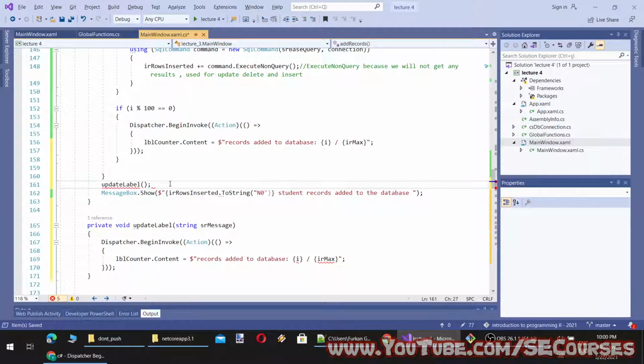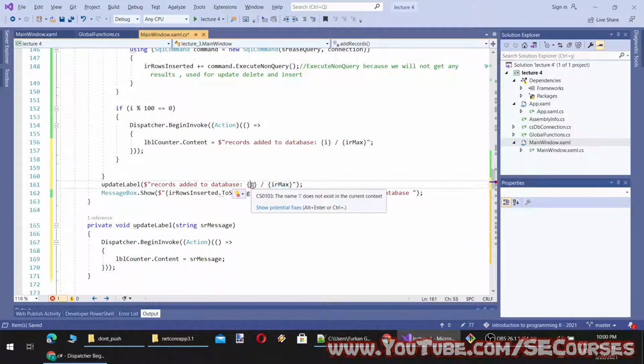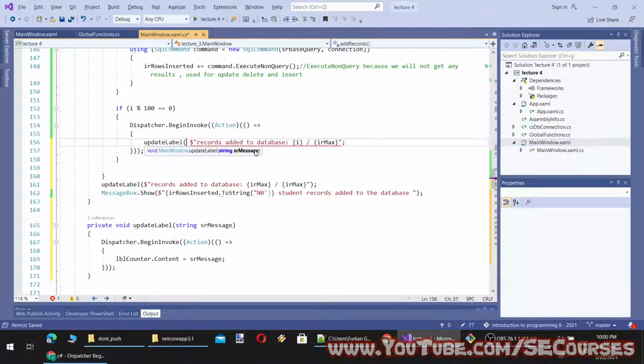When you are writing code, you should convert everything into method calls so that you won't be doing duplicate coding. And here the content will be equal to message. All right, and it will be simply like this.